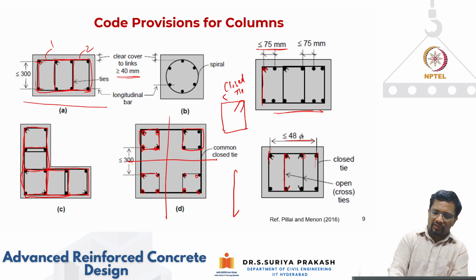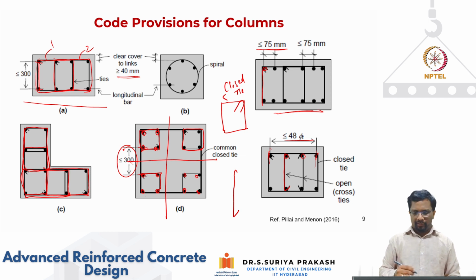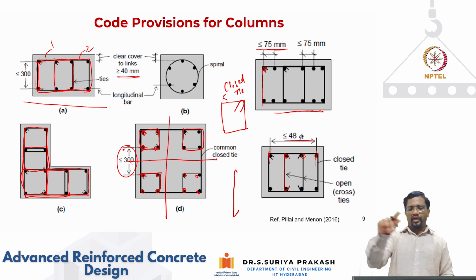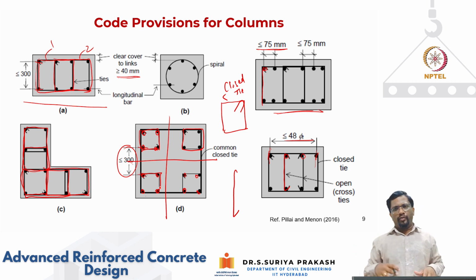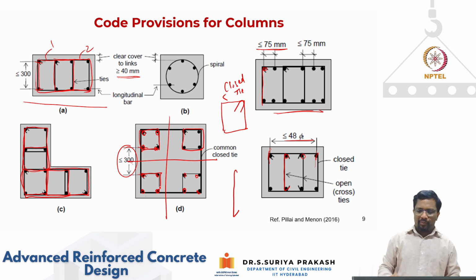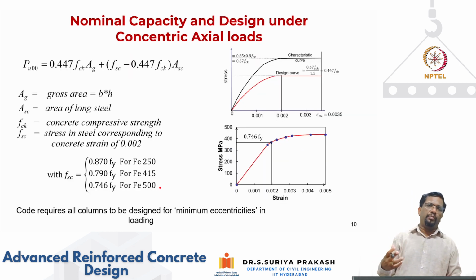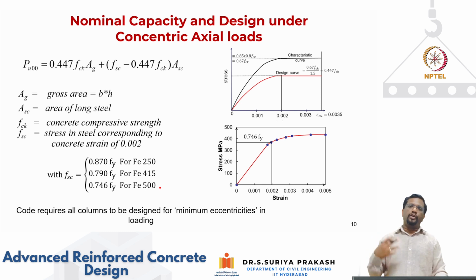Okay, so this restraint has to be done. And again, when you look at this, the spacing should not be more than 300 mm. So for this kind of section, you can have one closed common tie. In addition to that, the corner four longitudinal bars can also have a separate tie. This way you make sure that you have better confinement, and also the longitudinal bars are not going to